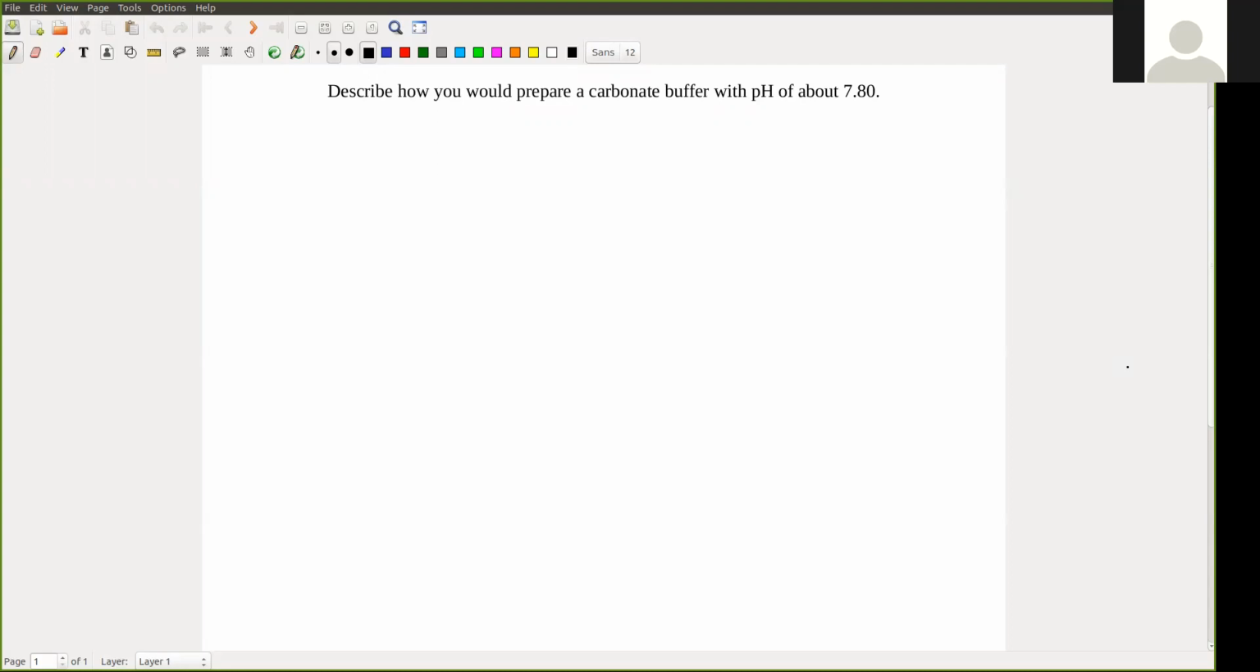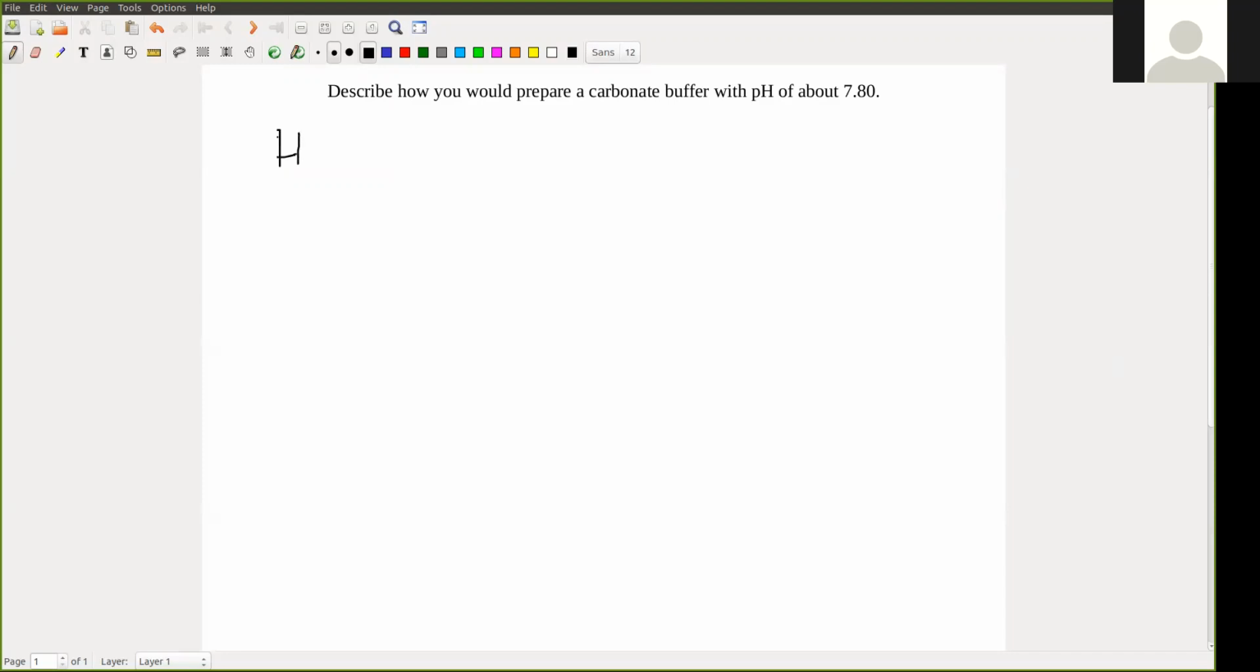And today we're looking at how to prepare a buffer. In this case, we're asked to prepare a carbonate buffer of a specific pH or around that pH. So to do this, we would need to look at the carbonate. They're asking carbonate, but they can easily ask for phosphate or any number of different types of buffer systems. And for this particular one, carbonate would come from carbonic acid,